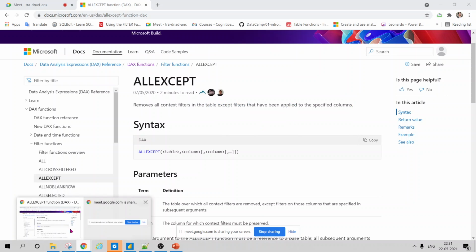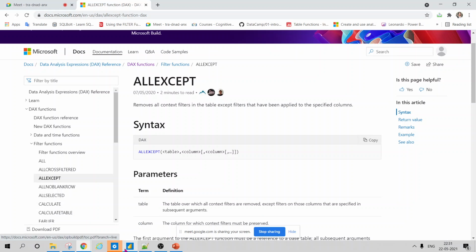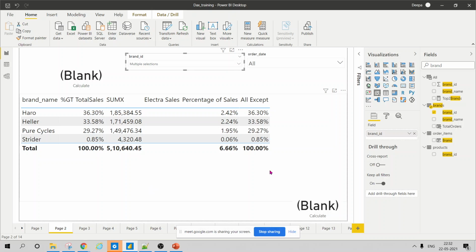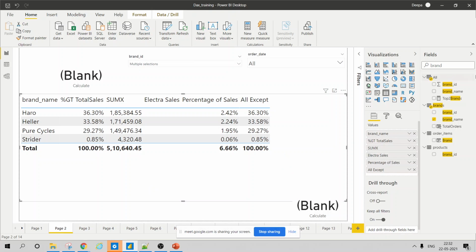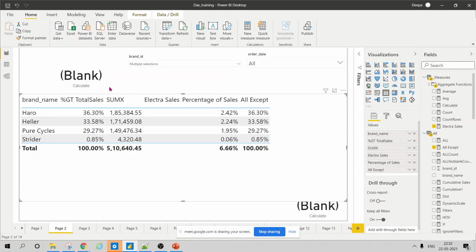Okay, let's see here. So you have to mention the column to be excepted. Yeah. So here is my brand name and here the total sales is coming.